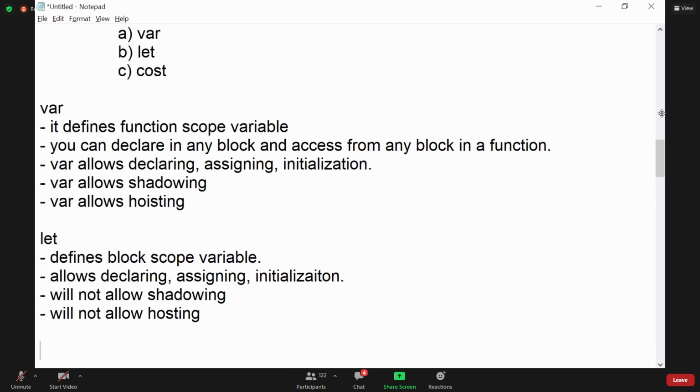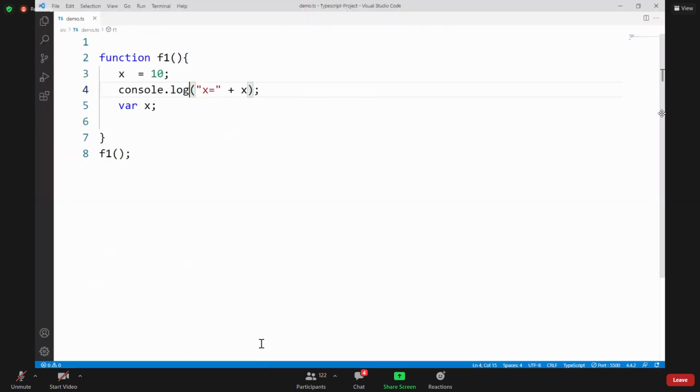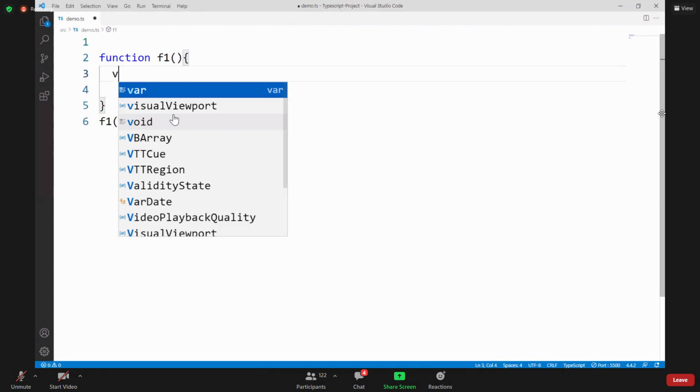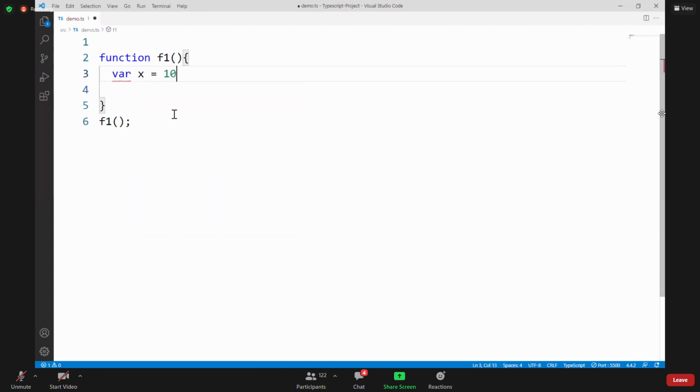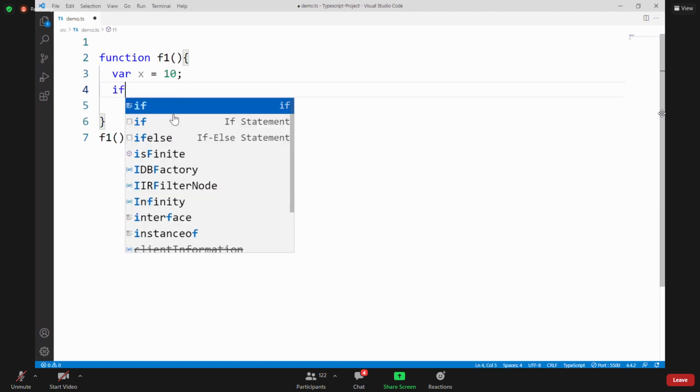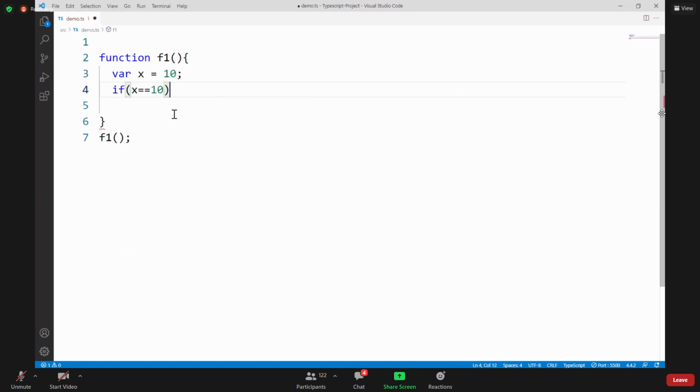So you see, let defines only the block scope variable here. Suppose I am declaring var x, x equal to 10, that is initializing, and I have a block. In that block, var y, this is declaring y, y equal to 20, assigning a value into y.